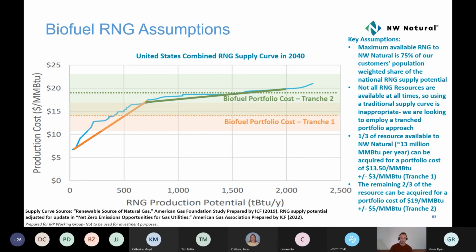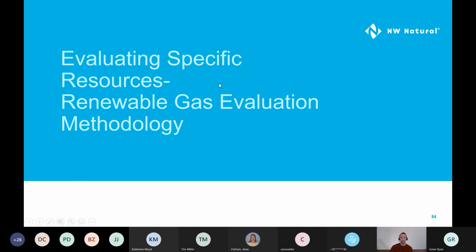there's two approaches: what we're using to input into the model, which is what we're showing here, and the second piece is the renewable gas evaluation methodology, and that's what we use to evaluate specific resources between IRPs at any given time. So when we get the RFP results back from the RFP that we'll have out, we'll use this methodology to evaluate those projects and start potential negotiations with counterparties, knowing that it's not going to align with the timing of